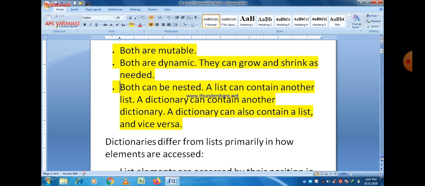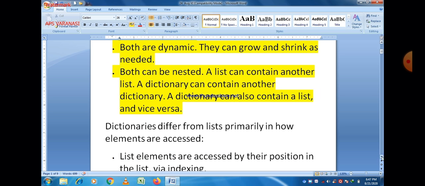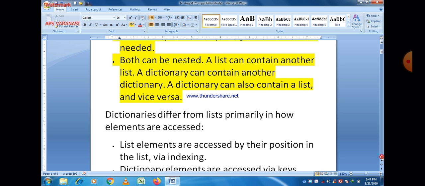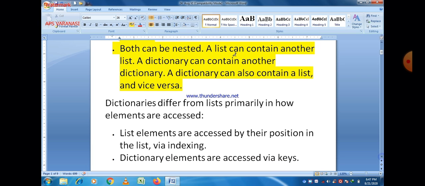Now when we talk about differences, a dictionary differs from a list primarily in how elements are accessed. The first difference is that list elements are accessed by their position in the list, while indexing, whereas dictionary elements are accessed by keys.